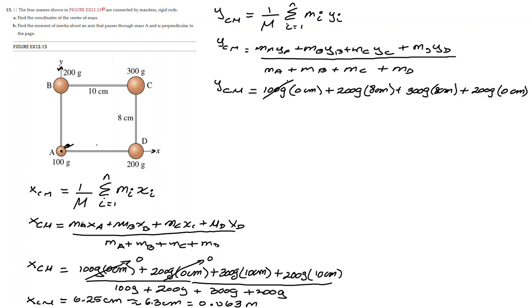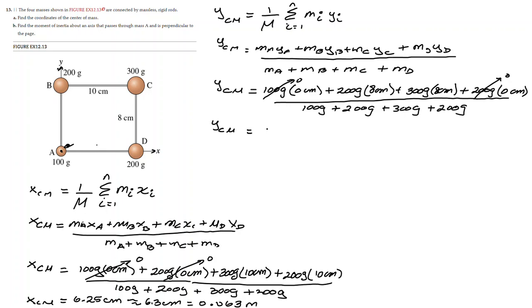So we know this product would be 0 and this product would also be 0. We divide all this by 100 grams plus 200 grams plus 300 grams plus 200 grams. So when we find the y of the center of mass, the numerator would be, in this case, 4,000 grams centimeters, and the denominator would be 800 grams. So when you divide that, you would get